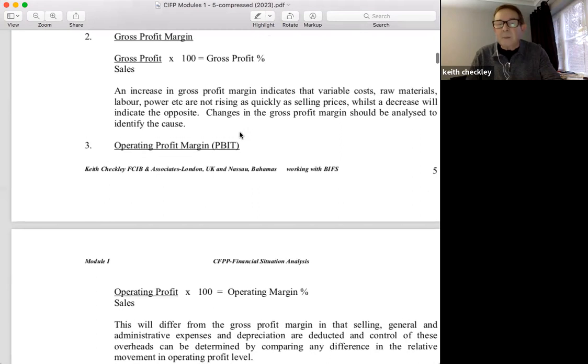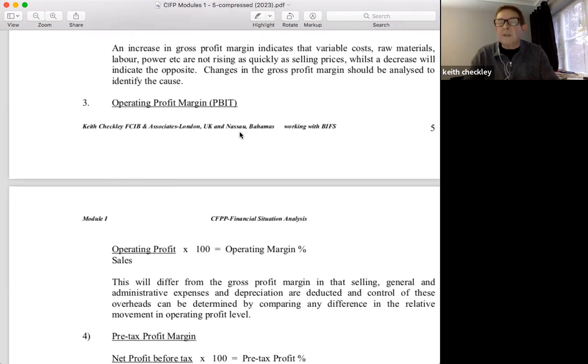Our next stopping point down the income statement is the operating profit. And generally, this is known as the profit before interest and tax. The American analysts will use, and some of you may have seen this, EBIT, earnings before interest and tax. So it's exactly the same. It's the operating profit margin. It's just the terminology is slightly different. So you might want to make a note of that, particularly if you're in discussion with an American business person or their finance director or an American analyst.